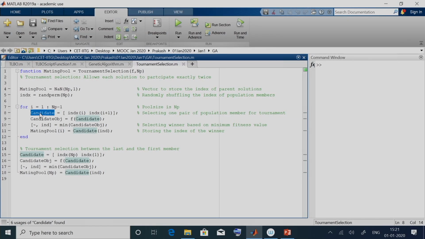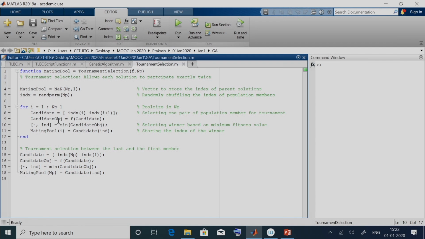So, what we are doing here is we are selecting the ith value and the I plus 1th value. So, that is what I had indicated to you, that 2 subsequent solutions would be participating in a particular tournament, right. So, we are taking the 2 neighbors. So, the neighbors are I and I plus 1. So, these indexes are put in candidate, and then over here in line 9 we are accessing their objective function values or the fitness function values. So, now we know the 2 solutions which are participating and their fitness function values, right. So, the fitness function values are stored in candidate obj, and the indexes of the solutions are stored in candidate, right.